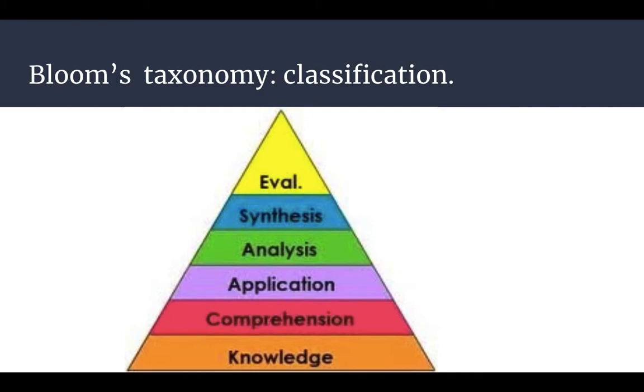We need to know something, so we need knowledge before we can comprehend our learning. Then before we can apply our learning, we need to comprehend it. And before we can analyze it, we need to be able to apply it. So we need to know what's going on. Same with synthesis and evaluation. Evaluation, in the original Bloom's taxonomy chart, was like the high end. And that's why argumentation and essay writing is often used for those highest examples, those most complex learning objectives, okay?